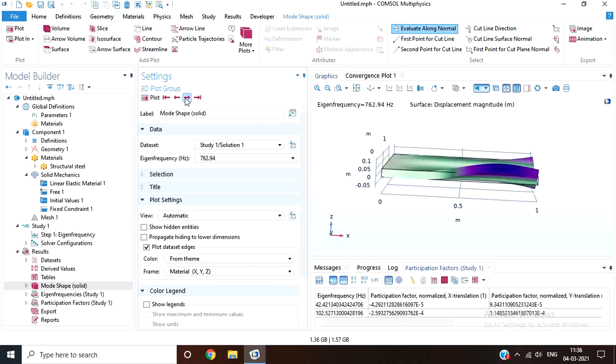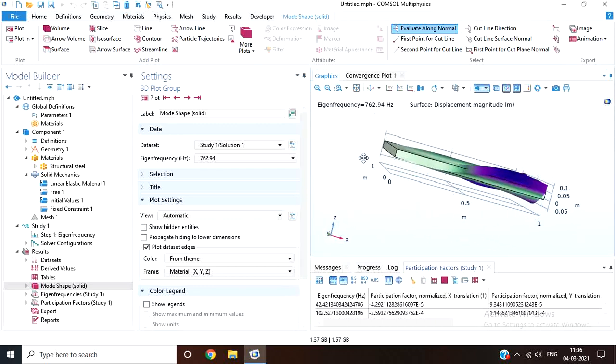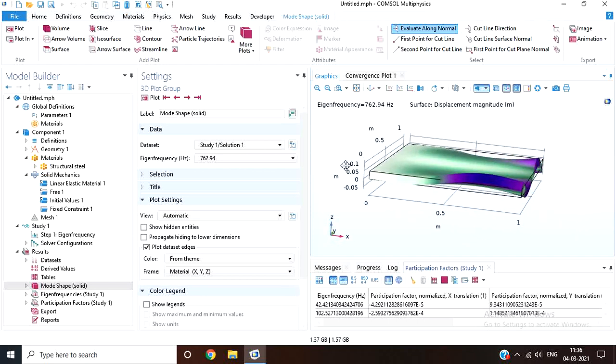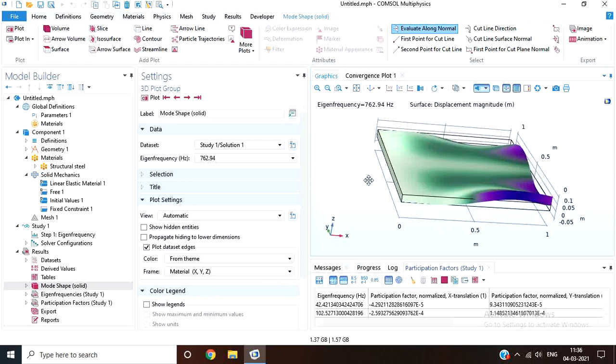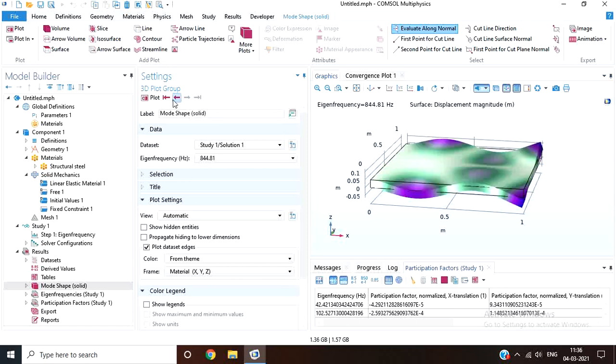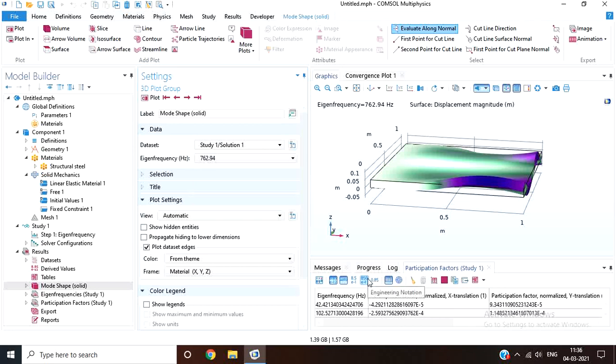by COMSOL. Some eigenfrequencies won't be there for the transverse displacement, like transverse direction. Some will be there in longitudinal direction, and there will be some anomaly in the eigenfrequencies. So these are the 10 eigenfrequencies found by COMSOL in Hertz. You can check the participation factor in X translation and Y translation and in Z translation in this table below.